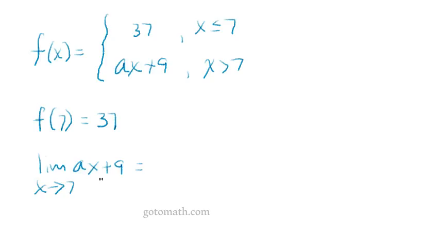What we can do here is just do direct substitution, plugging 7 directly in to find this limit, but we still don't know what a is. But that's okay. In order for f of x to be continuous, these two numbers here must be equal to each other, and that means that we're going to set them equal to each other